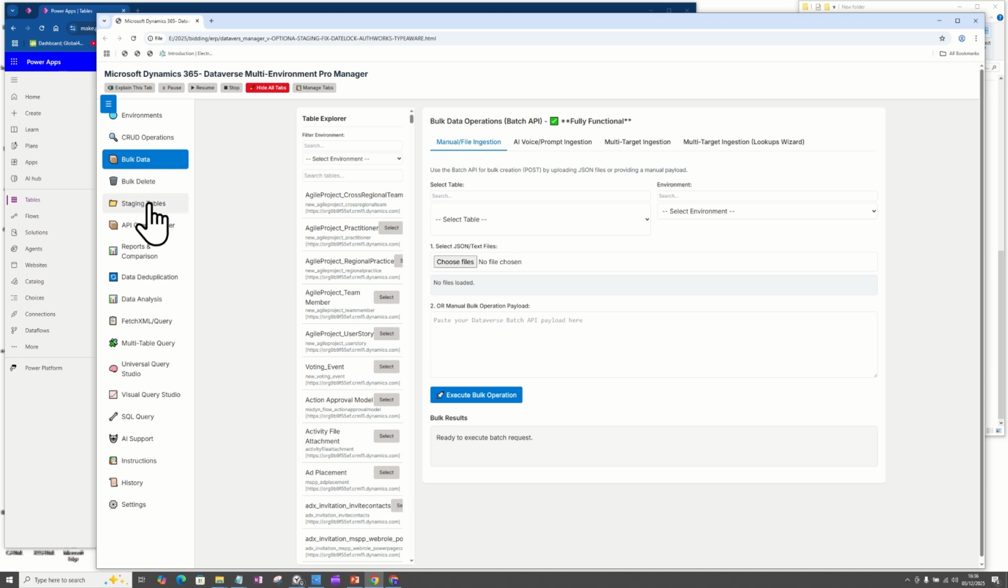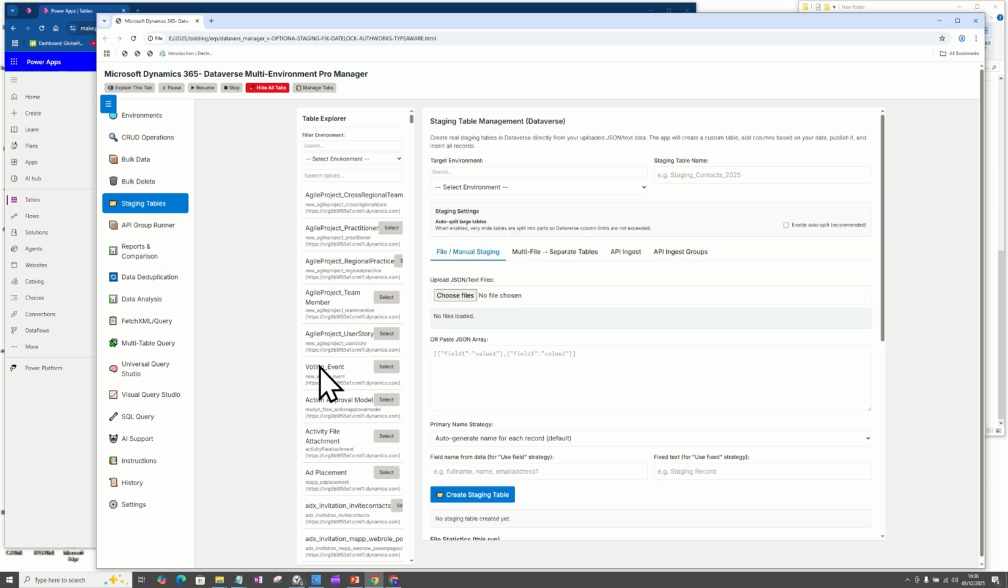That's where you come to the staging tables tab. In this staging tables tab, the first thing you need to do is identify where you are, the staging tables tab, then pick the environment you want to bring in the records that you have. Where is the record? I'm going to show you in a bit. We're not going to use this first column. As you can see, there's a tab here called File Manual Staging. There's another tab called Multi-File